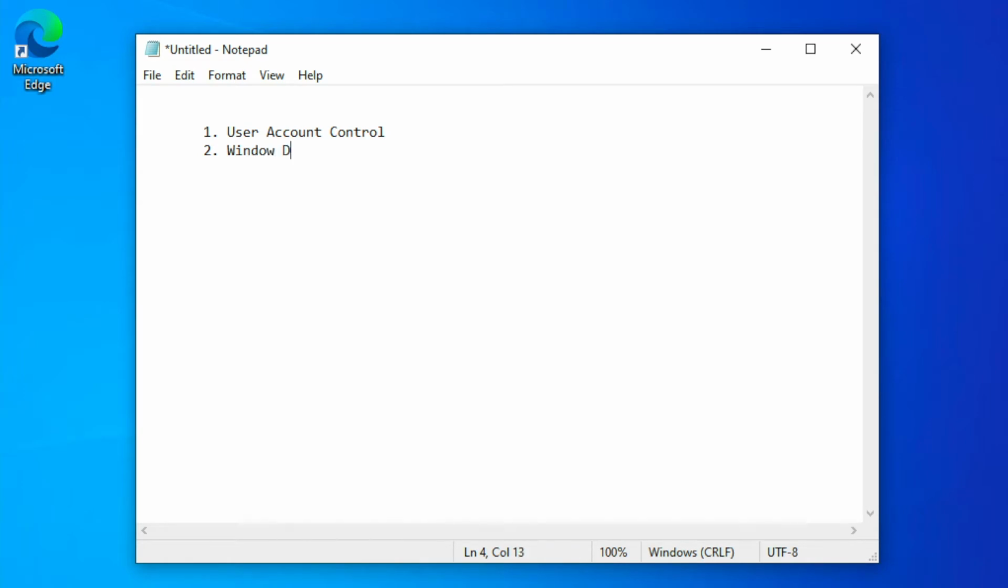So I just go to the notepad and I detail you a bit about the features that we use in this video. One is user account control. Second is Windows Defender, and third is the Windows Firewall security. Okay, right now I will show you about user account